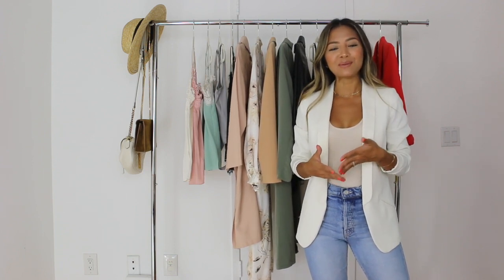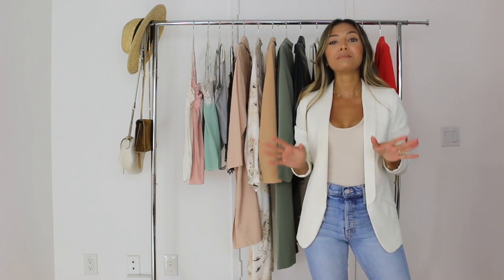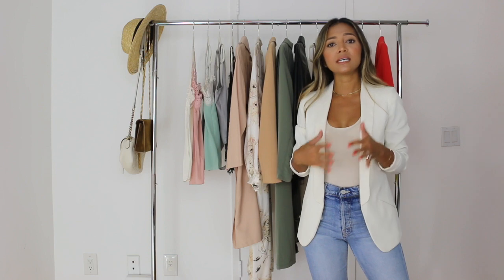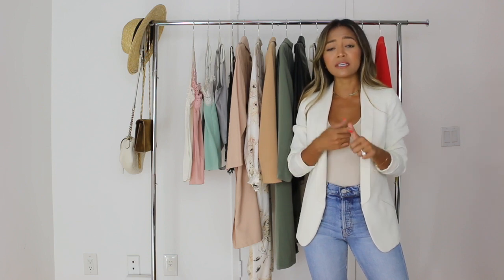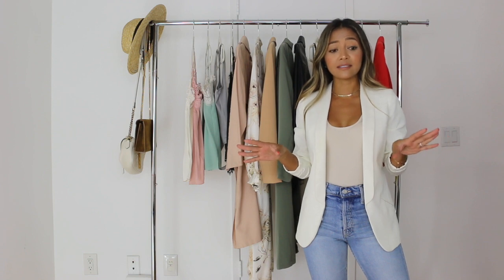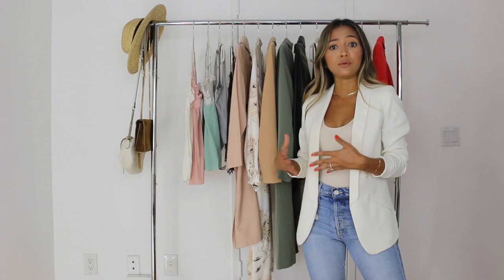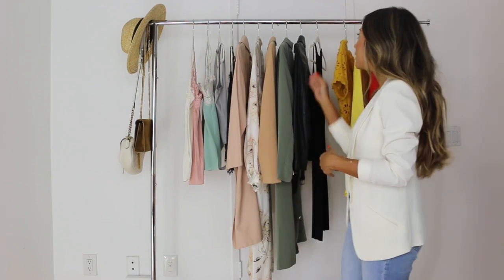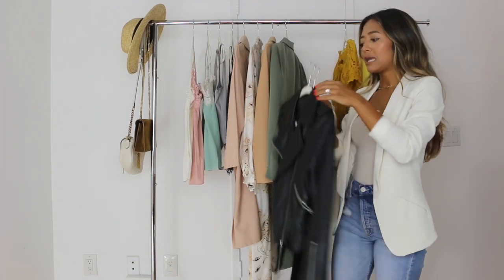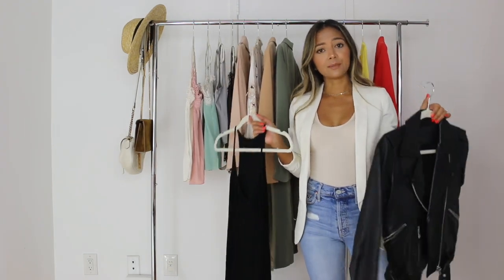If you've been following me, you know that I am always trying to say stay away from a lot of patterns. Some pattern is good, but I think building up your basics first and your different colors when it comes to those basics, as long as you have that as a starting foundation point, then you can start adding pattern that you think you need into your closet. For example, here we have some blacks. Now this is a moto jacket that is pretty necessary,